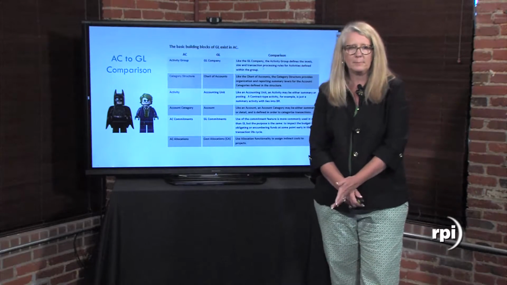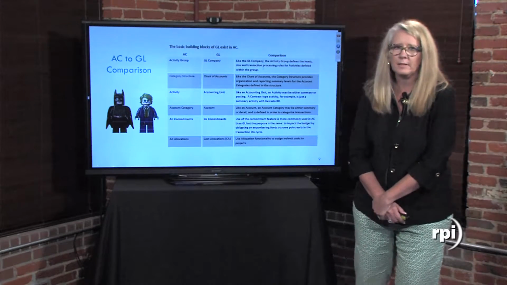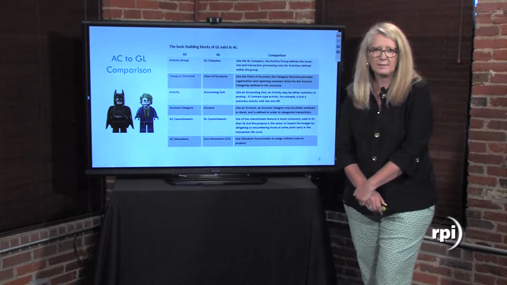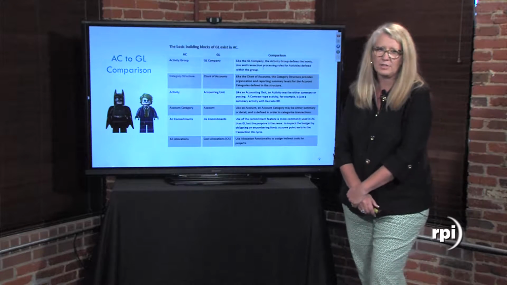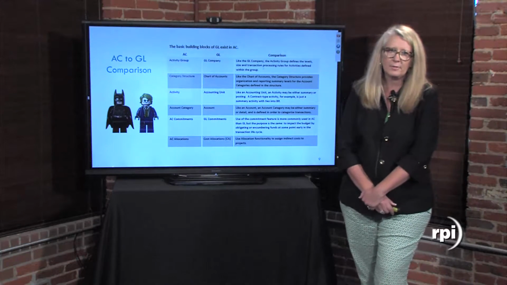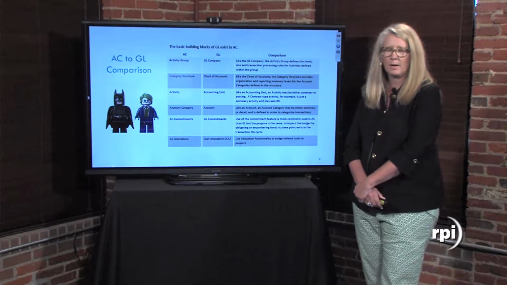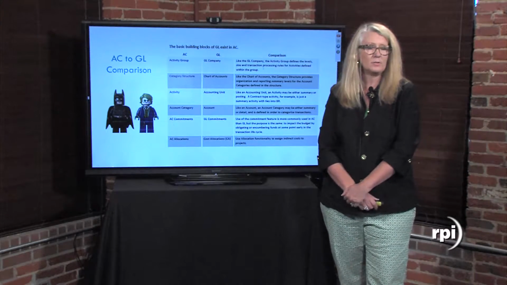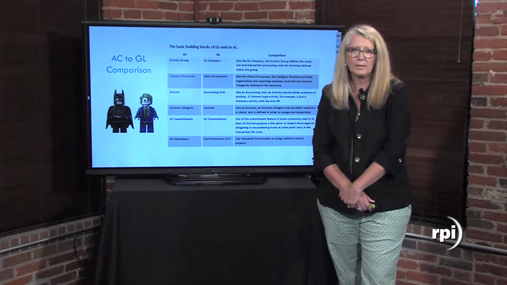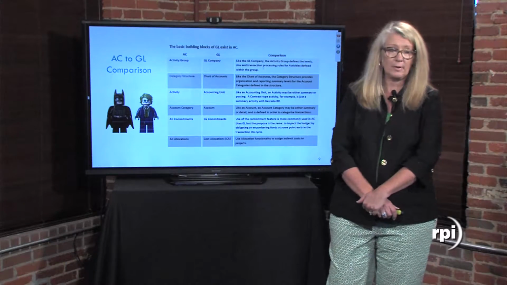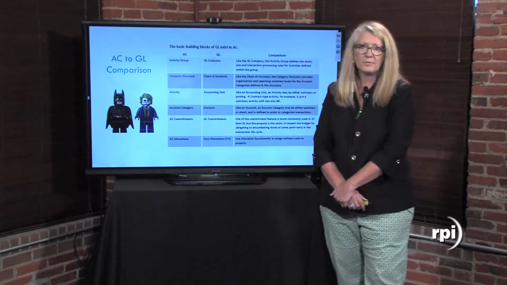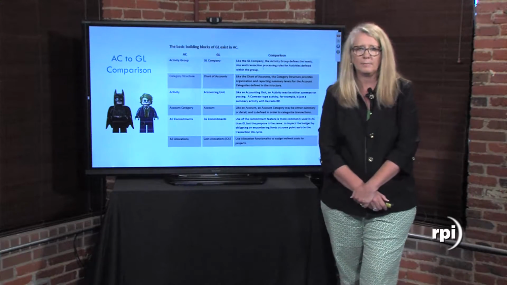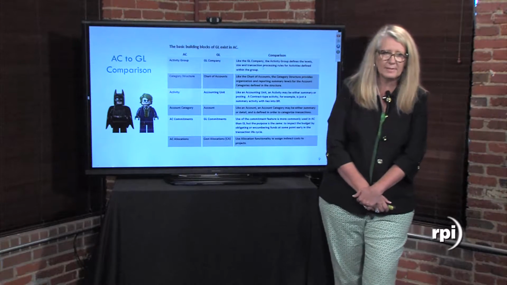A little comparison from the AC to GL piece of it is the basic building blocks of GL exists in AC. In AC, there's something called an activity group, which is real similar to how a GL company would work. It defines the levels, your size, how you want to process your transactions. Your category structure, you might equate that to the chart of accounts. It's very similar in that I can create a category structure and provide organization and reporting levels for the account categories defined in the structure. So I can have summary account categories with posting account categories, which is very similar to the chart.